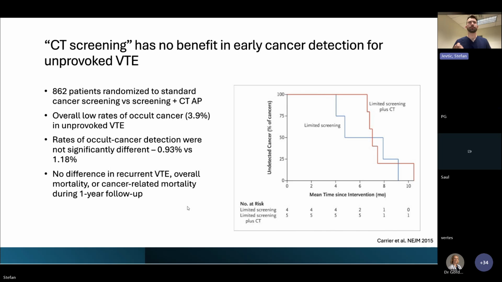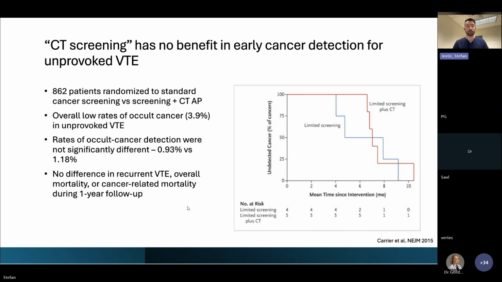occult malignancy. What they found with this study was that overall, the rates of occult cancer were pretty low, about 4% in the entire cohort. When you looked at the two arms, there was no difference in the rate of detecting that cancer: about 0.93% in the limited strategy versus 1.18% if you added the abdomen pelvis. It really showed us that adding extra radiation, adding an extra scan was a low yield strategy for